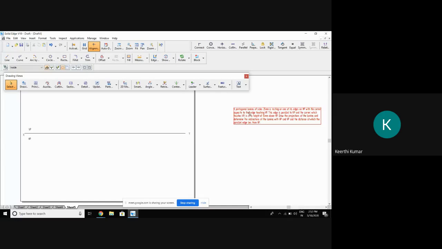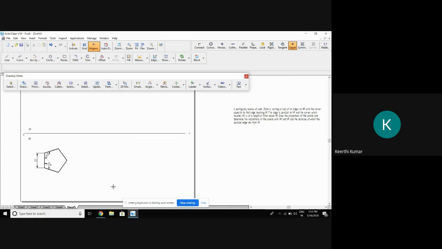Now he has given a pentagonal lamina of 20 mm sides. It is resting on one of its edges on HP. That is enough to draw the first position. Draw the first position so that it is resting on an edge on HP. It should come towards the left side. You know how to draw the pentagon. I will not explain the concept of drawing the pentagon. For 20 mm, the edges have to come. The angle of the pentagon should be 108. Hoping that you know how to draw the pentagon.